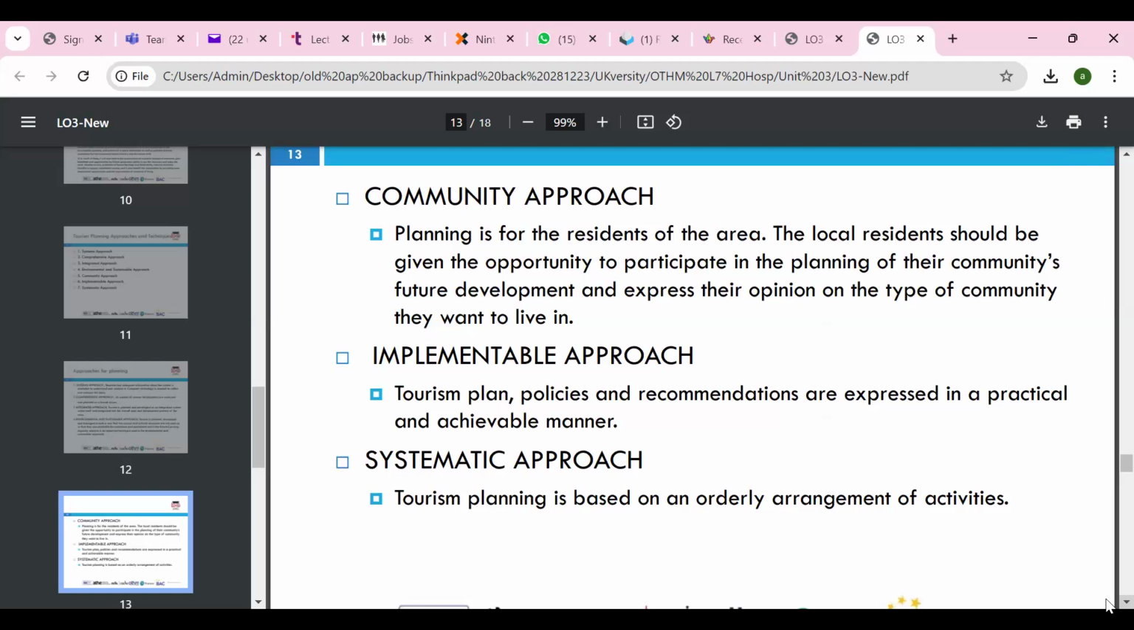And the community-based approach is planning for the residents in the area. The local residents should be given the opportunity to participate in the planning and the community's future development and express opinions, because the stakeholders' interest is very much in the community. It's a huge stake for all of the local communities. You have to protect their interests. So that is quite crucial, because if you don't,